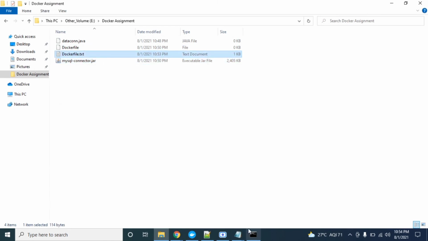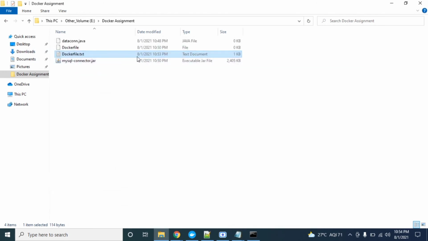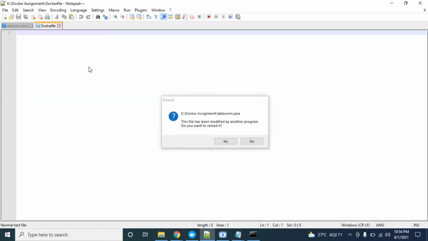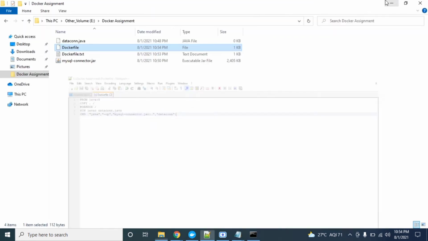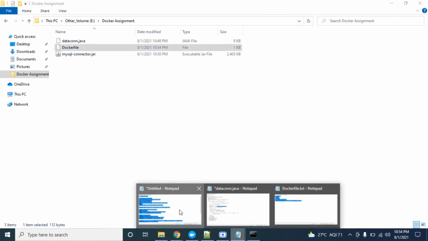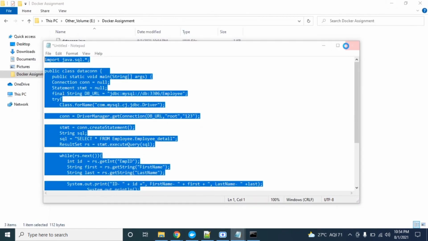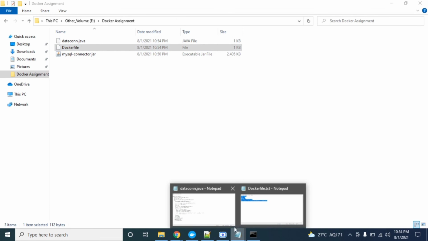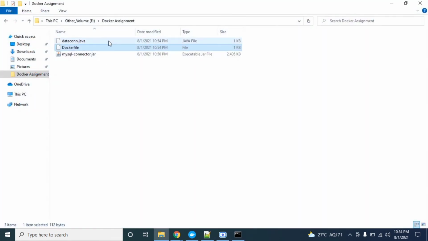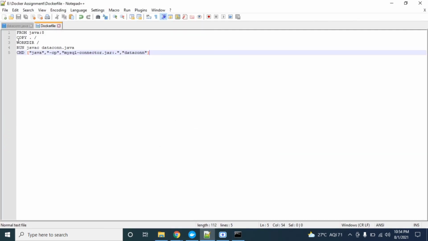Let us delete this file. This file is there, and this file is not saved, yeah. Now this looks perfect.